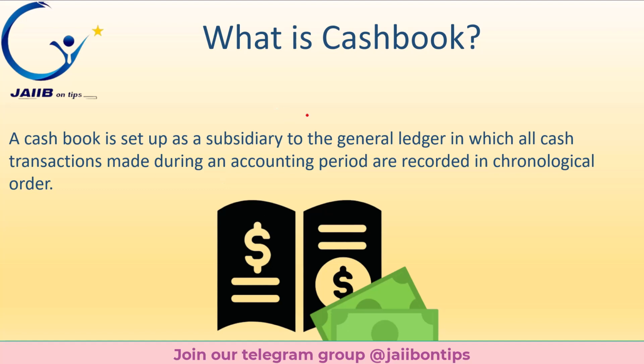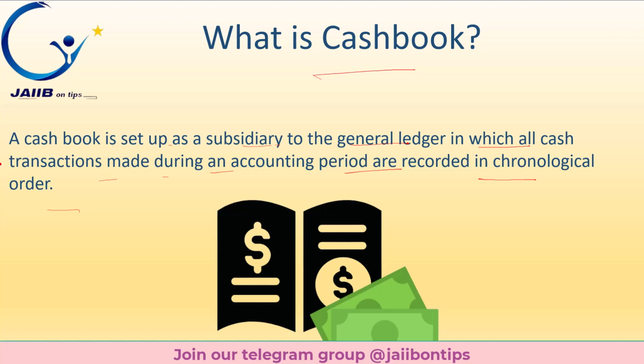So let's start with what is Cashbook. A Cashbook is set up as a subsidiary to the general ledger in which all cash transactions made during an accounting period are recorded in chronological order. In simple terms, Cashbook is a type of book that is only concerned with the recording of cash transactions of an organization. It performs the dual role of both journal and a ledger for all the transactions taking place in a